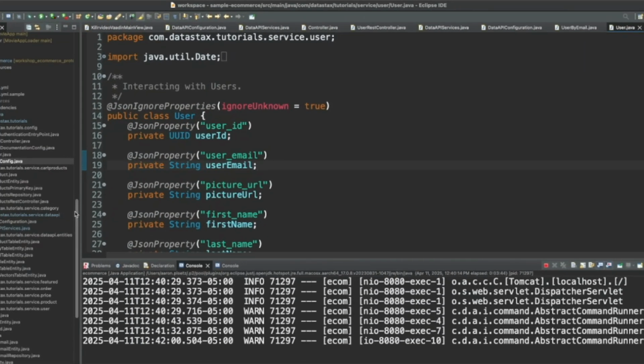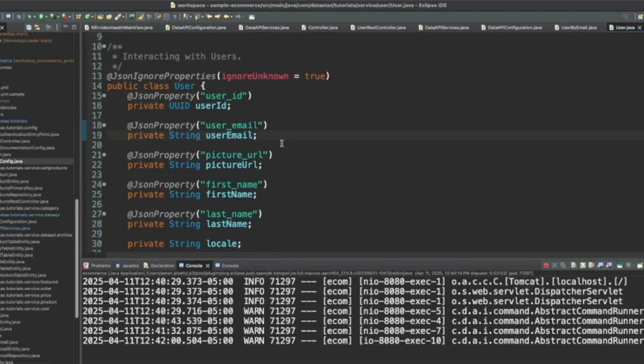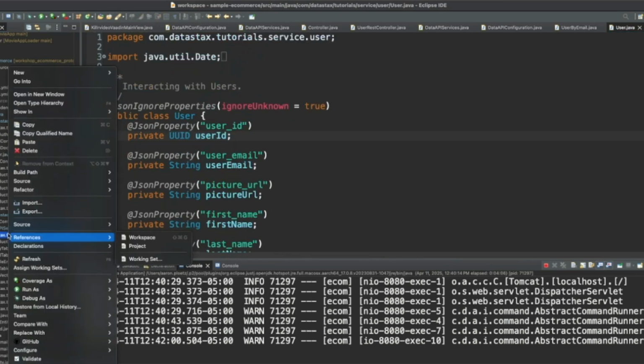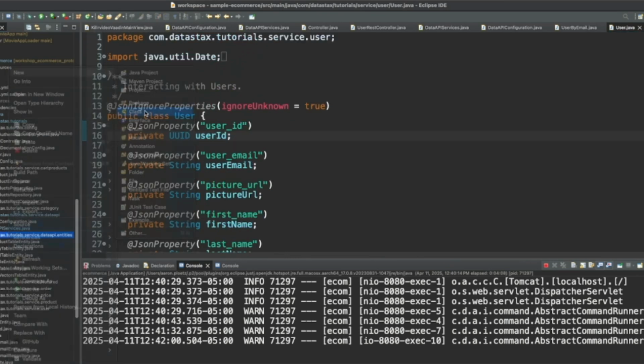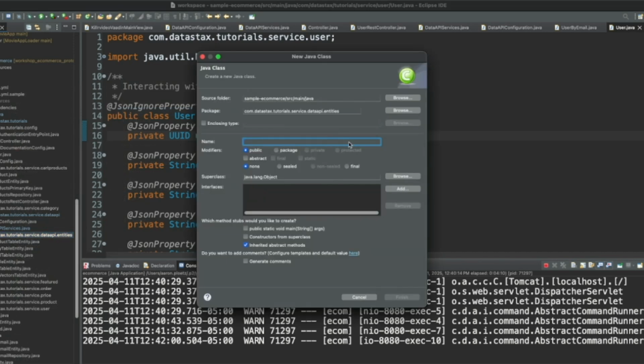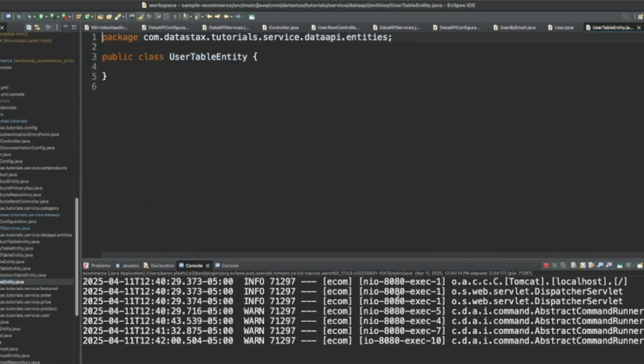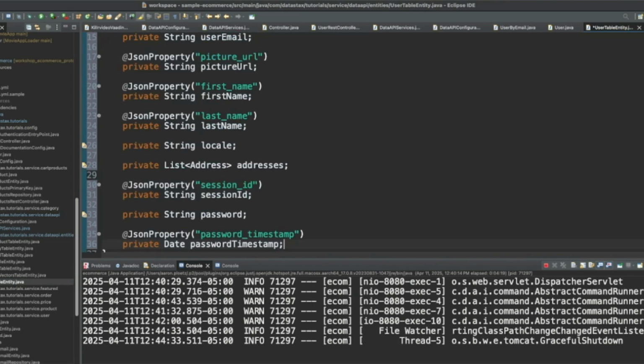Okay, if you remember, the first thing we need to do is create a table entity class. We need two of those, so let's say new class, and we'll say UserTableEntity. Just like that.